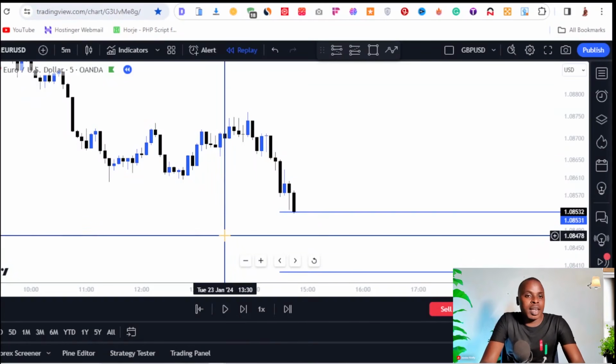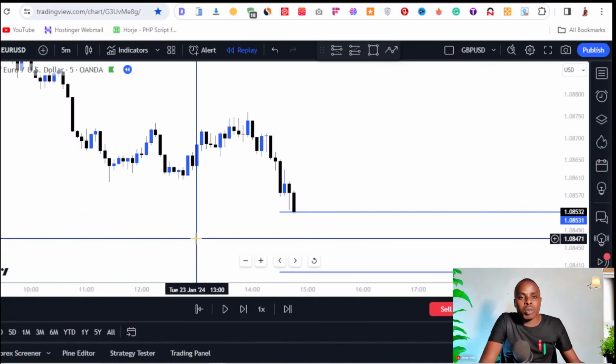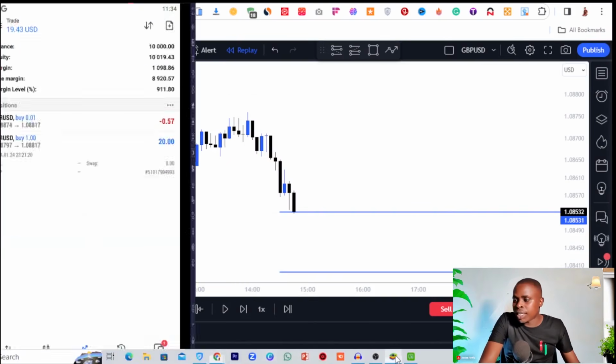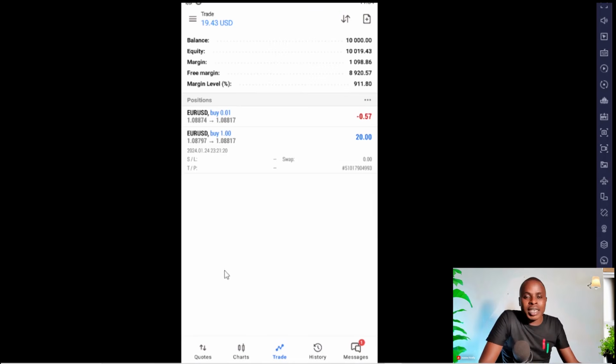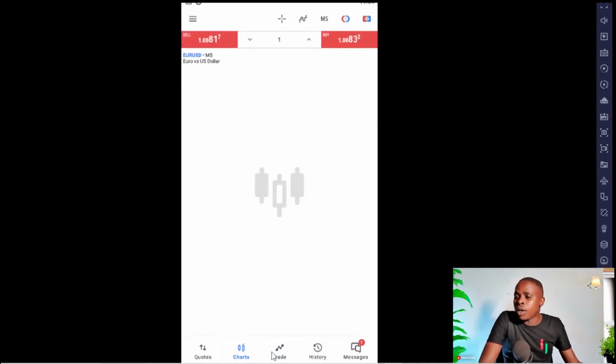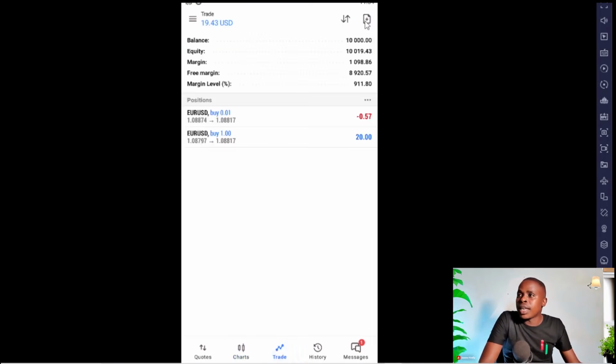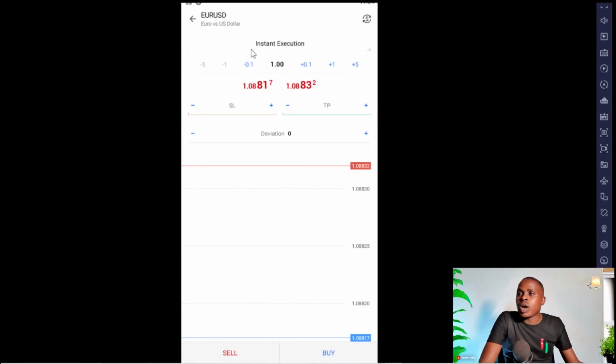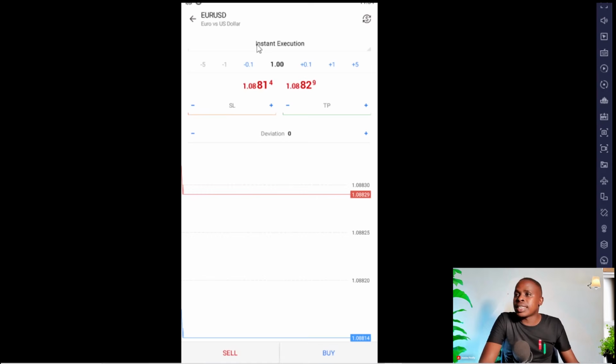So now let me explain different trades that you can be placing on the market. The first one is going to be the instant execution, right? So if you go to our MetaTrader here and we create a new trade right here, we are going to see that on this platform you get a button which says instant execution. This means this trade that you are placing right now is going to be placed right now at the